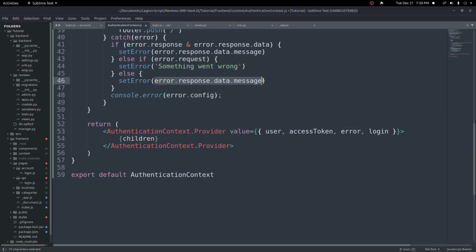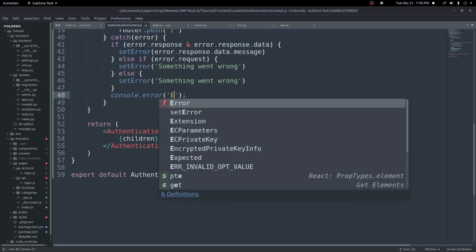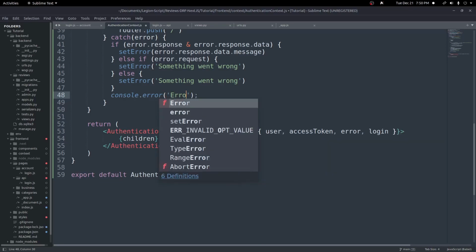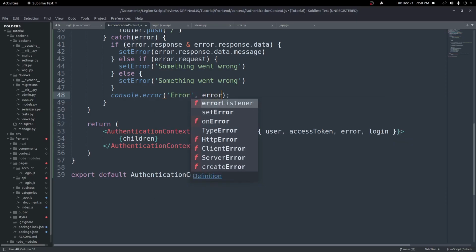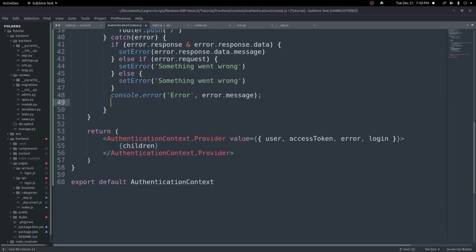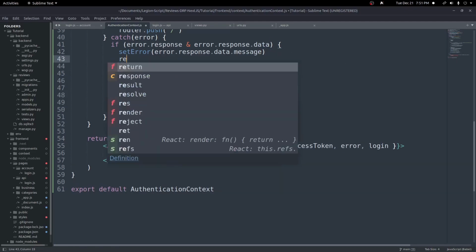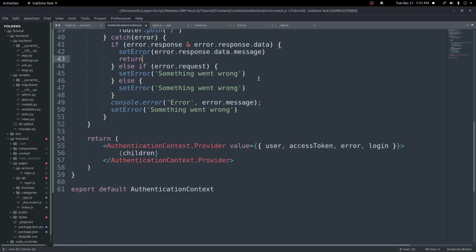So I'm going to go ahead and just log that out down here. And then down here as well, we'll change this console.error to be error, error, and then we'll do error.message, and we'll set the error to be something went wrong once again. And then just to be safe, I'm going to return after each of these. So I'll add just a return statement to make sure nothing else is run, and it just stops right here. So I'll do return,